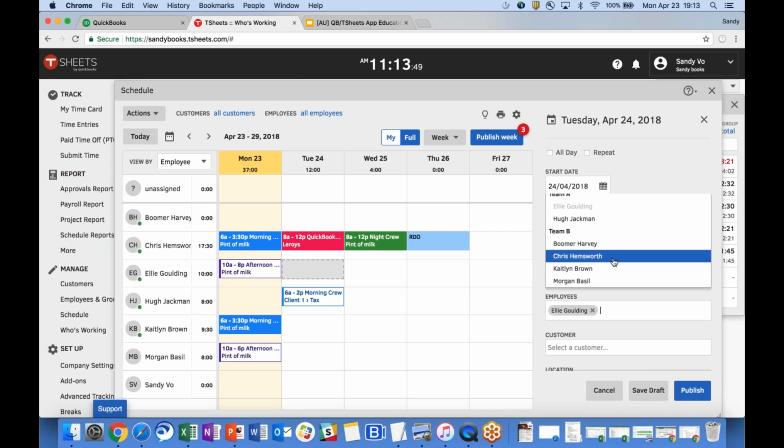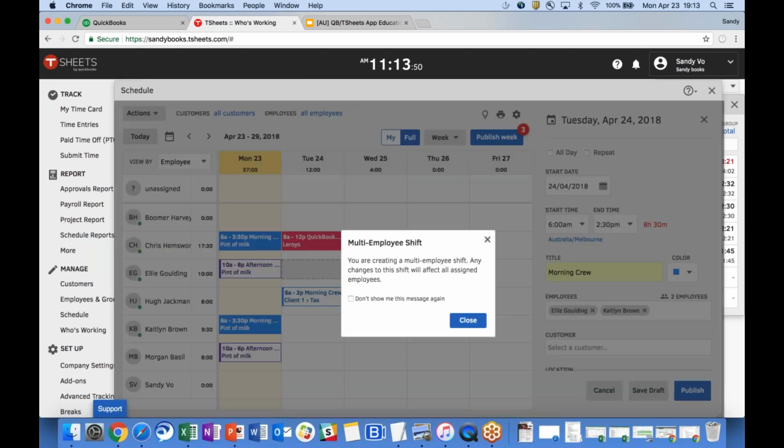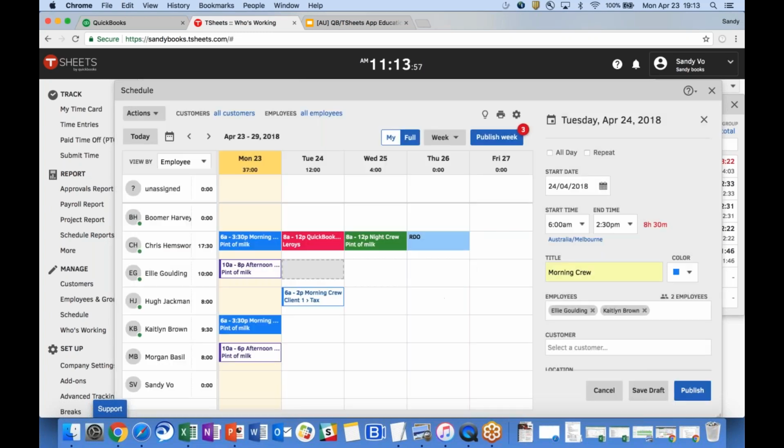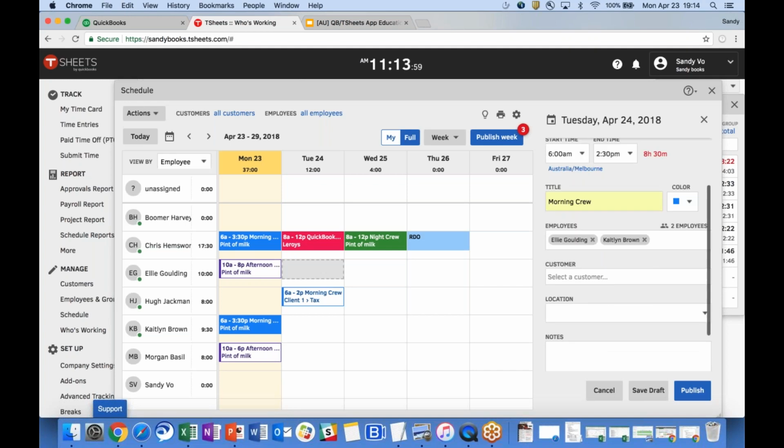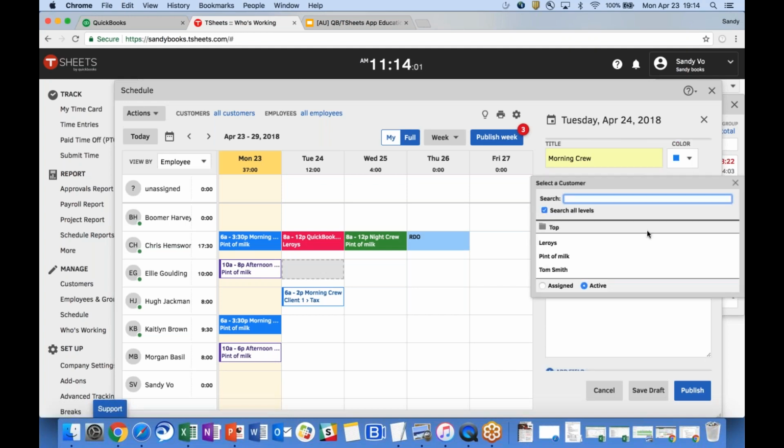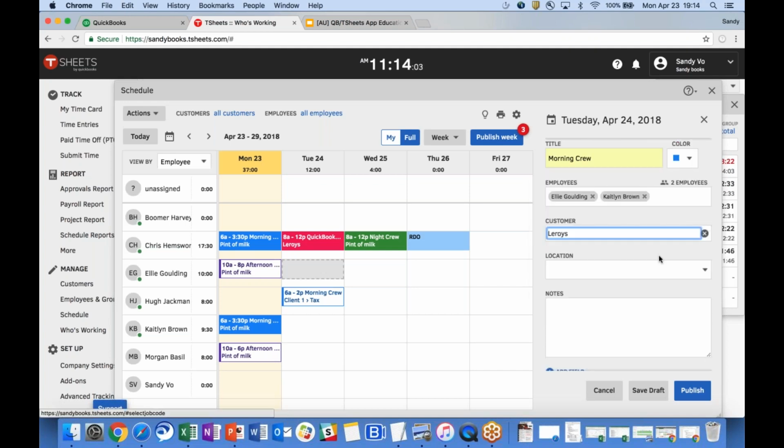So maybe I'll create one for Caitlin. And it'll ask you, you're creating a multi-shift. Any changes will be assigned to all employees. And then I can select what customer they're working on. So I'll just click Leroy's. And then our location field here is tied to Google Maps, basically. So you can add